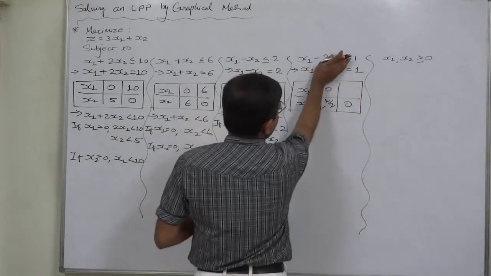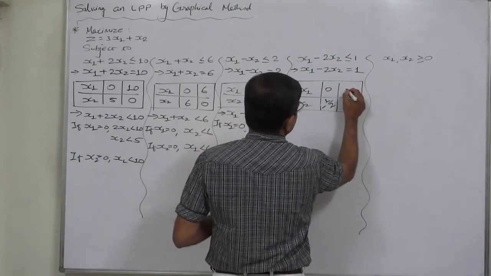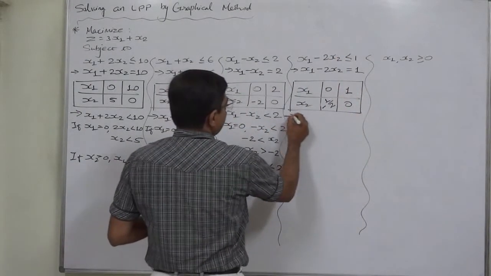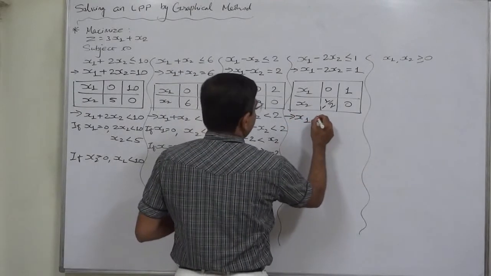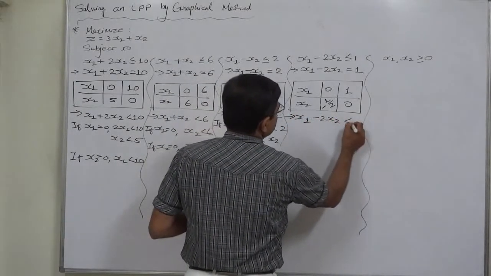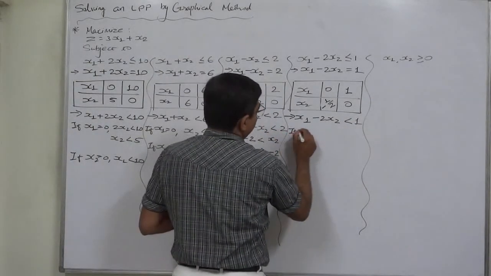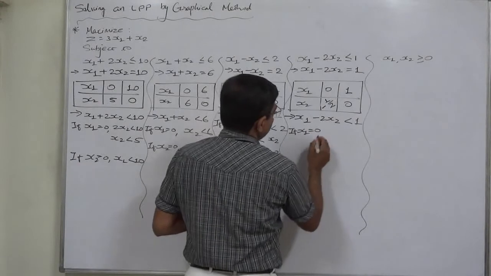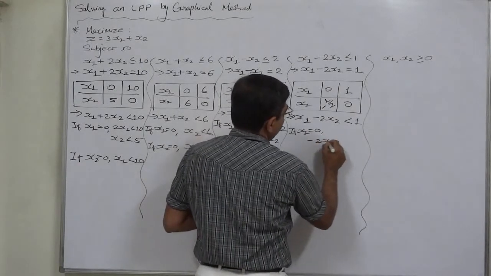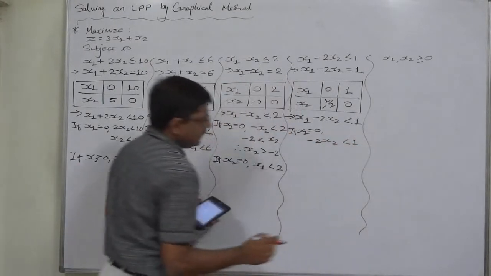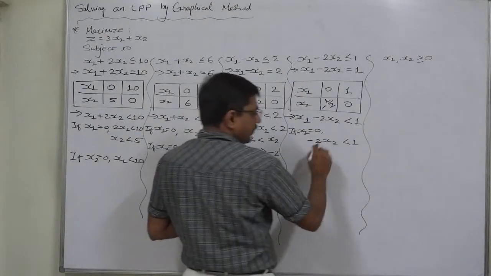If x2 takes value 0, it is x1 equals to 1. Now inequality part, x1 minus 2x2 less than 1. The similar steps, if x1 takes value 0, then minus 2x2 less than 1. Change the side of the two factors, or rather first of all